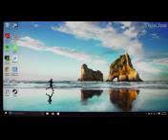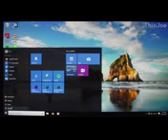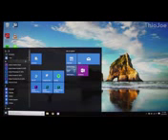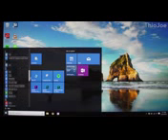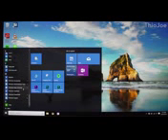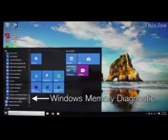Okay, so we just let CheckDisk do its thing, and it booted right back into Windows in less than 10 minutes. So now we're actually ready to do the real upgrade. So what you want to do is go to the Start menu, and then go to All Apps, and then go down to Windows Administrative Tools, and then you want to go down to Windows Memory Diagnostic, and again, you